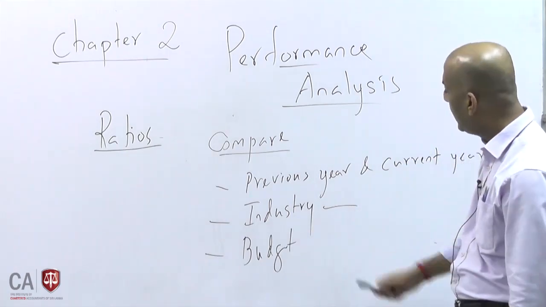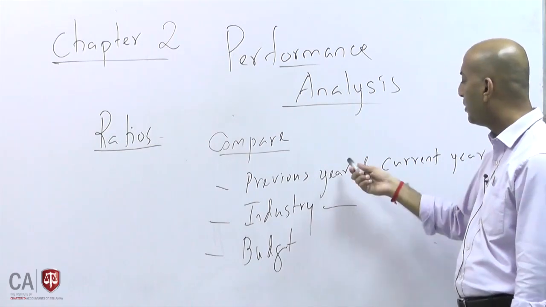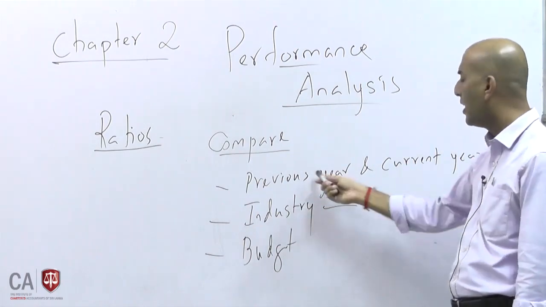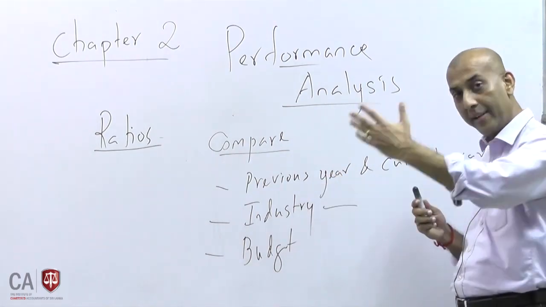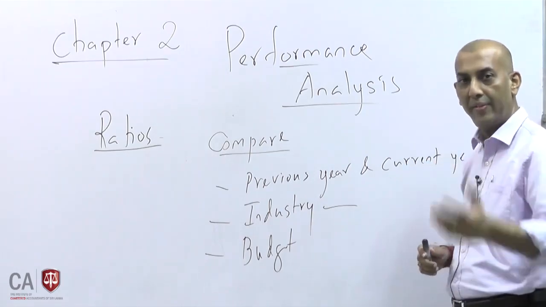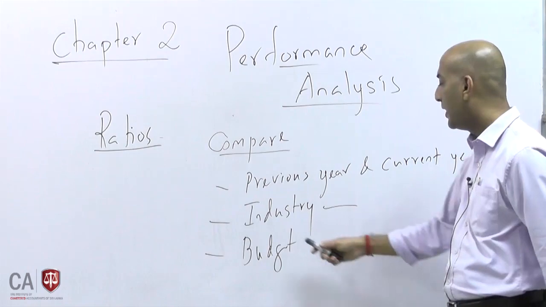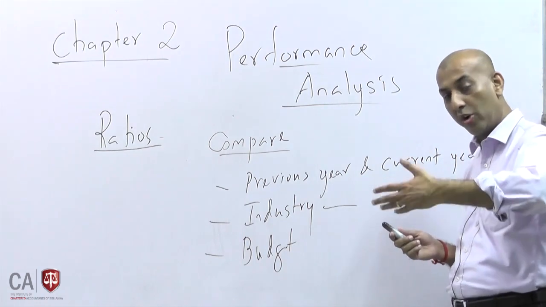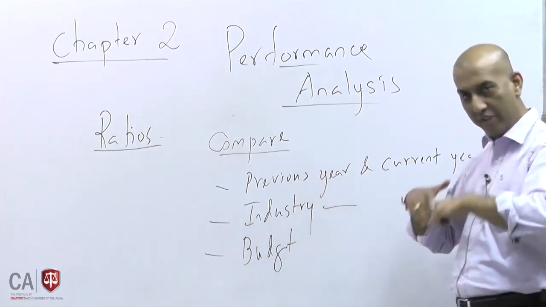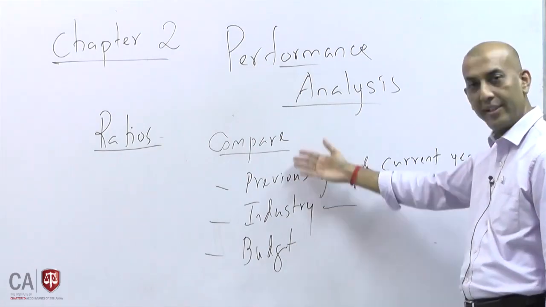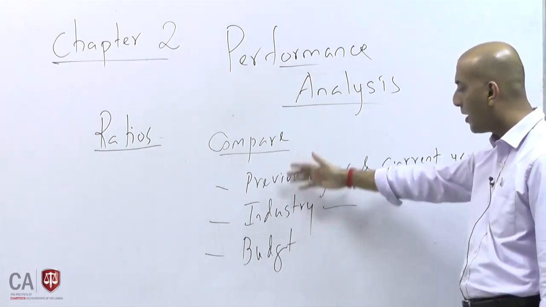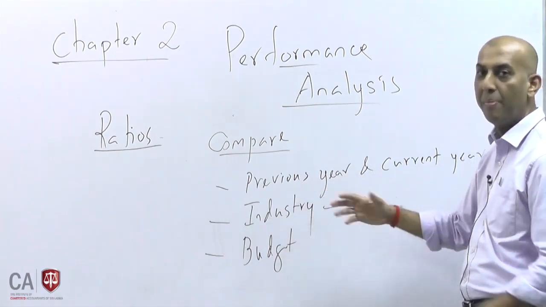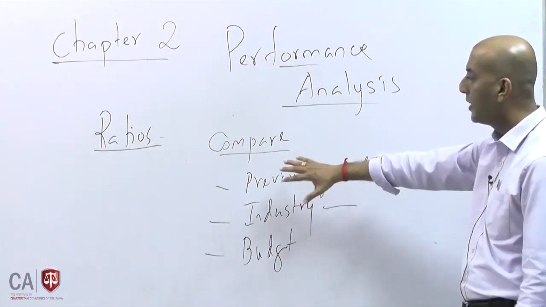So please be aware, these are the three comparisons you can make. One is previous years. You compare your current year ratios with the last couple of years and see how you have performed over the period. You might compare with the industry companies. Various industry companies you can compare. Third, you can compare with the budget. How your company performed according to the budget or not according to budget. So these are the ratios, whatever we calculate, we are going to compare with one of these. Sometimes you have information available to compare with all three, or sometimes you will only compare with budget or the previous year. It depends on that, we will come to later. So these are the comparisons you may make.